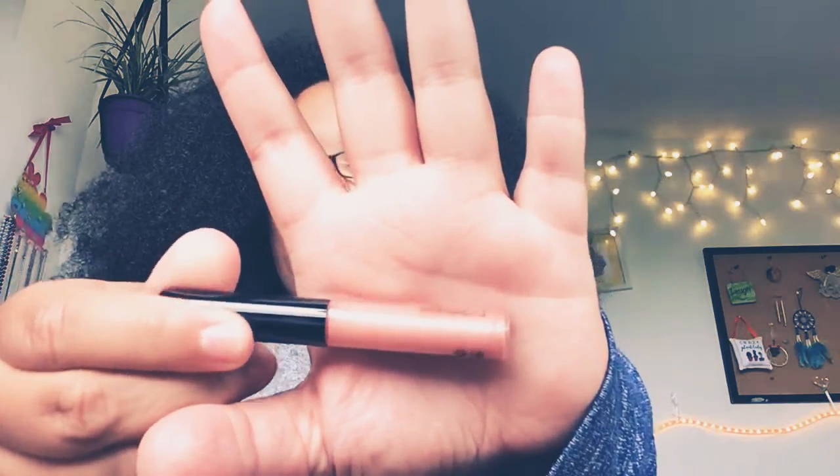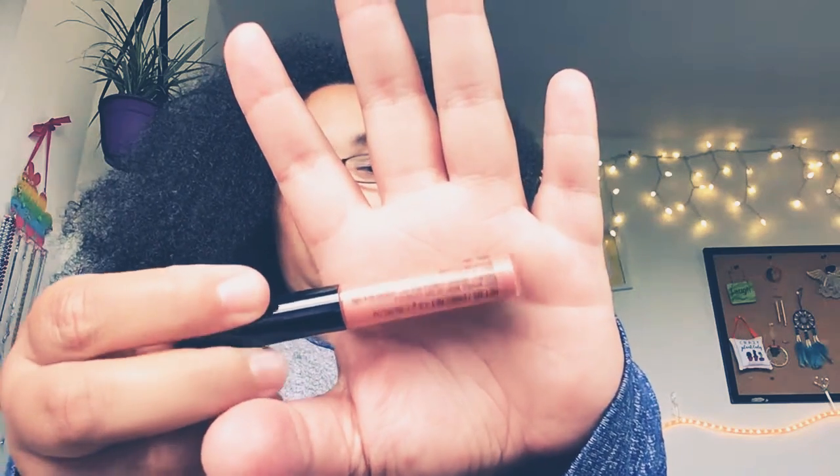Anyways, so this is the color. Very pretty. And it smells like cupcake. I think it smells like cupcake. Yeah, it smells like cupcake. But it's a very pretty color. I also have another one. It's brown, I think? Yeah, brown. So I now have this pretty color. Alright. Next